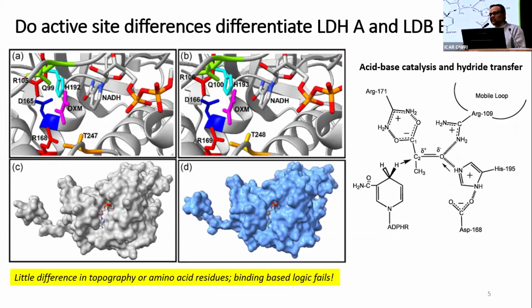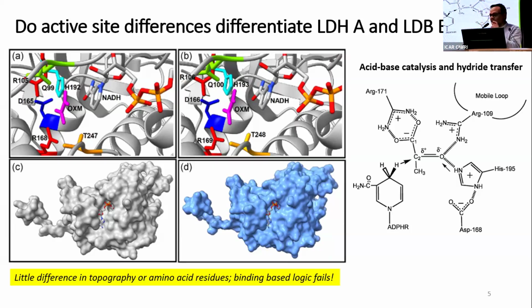LDHA is supposed to be in the liver or the muscle, and it converts pyruvate to lactate, according to scientists who have worked on this problem. And what is the mechanism of LDH action? It is acid-base catalysis. There is a direct hydride ion transfer which occurs within the active site, and that is how pyruvate becomes lactate. And again, lactate becomes pyruvate. It's all through acid-base catalysis because of histidine, and you have arginine, which is stabilizing the negatively charged ion of